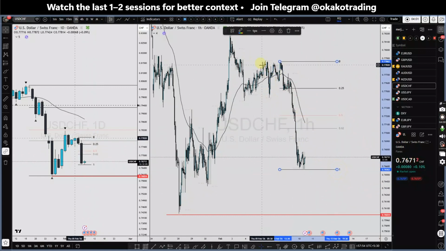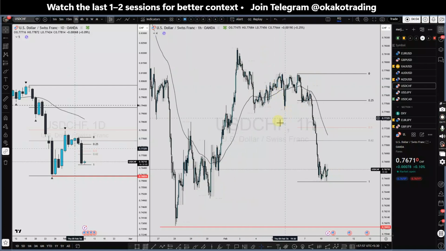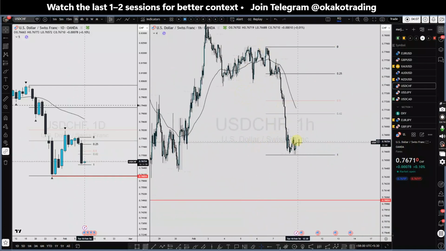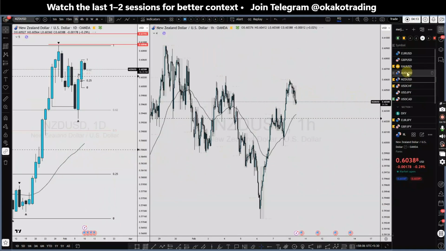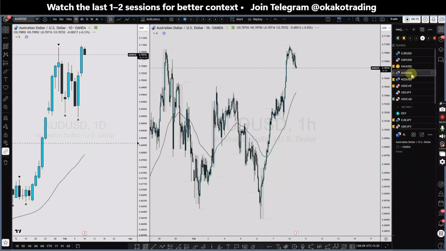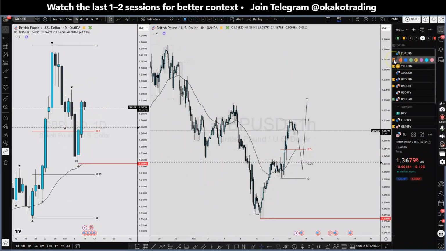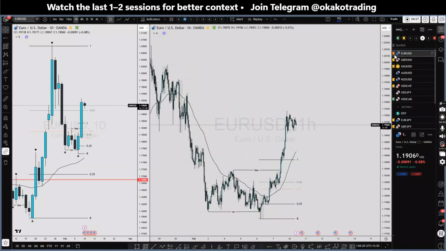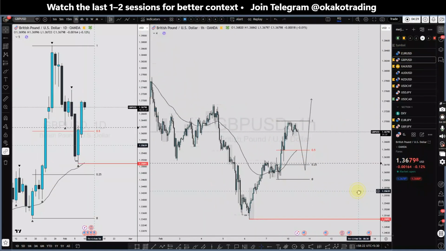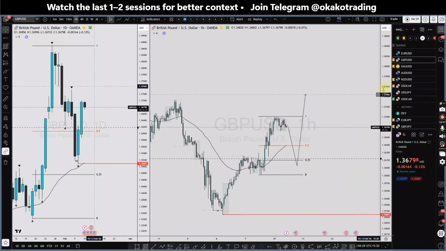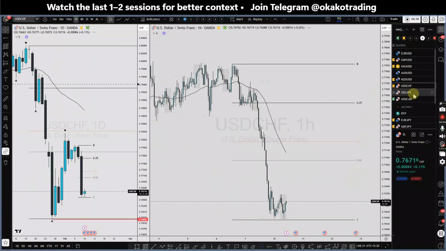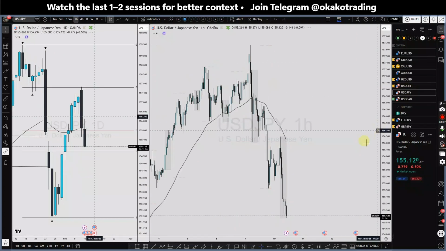For now, there is no clean sweep of liquidity. We have a good breakout structure. So let's wait for a setup to unfold. I'm just gonna keep this in my watch list to monitor it. Gold, I'm waiting for a downside. AUD USD, nothing. I'm gonna wait for this one and this one. Okay, Euro USD, nothing. I have a setup in GBP USD. If GBP USD actually managed to correct lower at around this level, in that case. So I'm gonna keep this in my watch list too. USD CHF, I'm gonna keep this in my watch list.